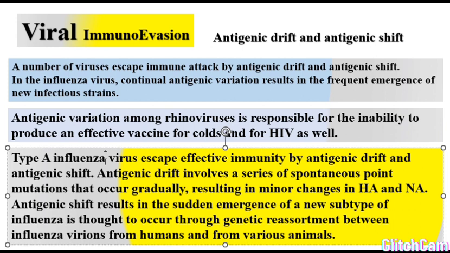In some instances it is not necessary for the virus to upregulate new proteins from new genes, but in some instances these viruses may exchange their genes. For example, in the human, they may exchange their genes with a similar virus that affects animals, and this is known as genetic